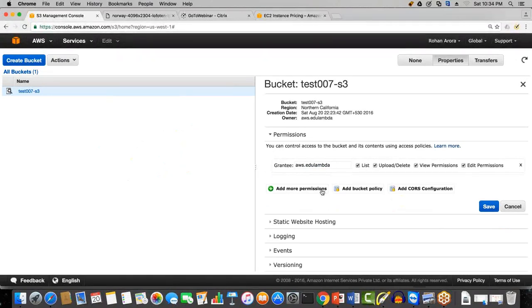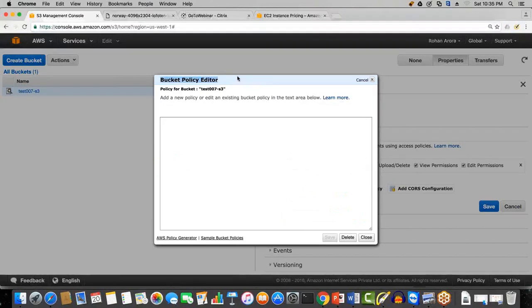Over here, under your permissions section, you can see this tab called Add Bucket Policy. A bucket policy is an effective tool to apply the permissions on your bucket to all the grantees in one single go. Let me show you how you can generate a bucket policy. You go to Add Bucket Policy over here, and right now, as you can see, this bucket policy is completely blank. At the bottom left-hand corner, you can see AWS Policy Generator. You need to click on that,